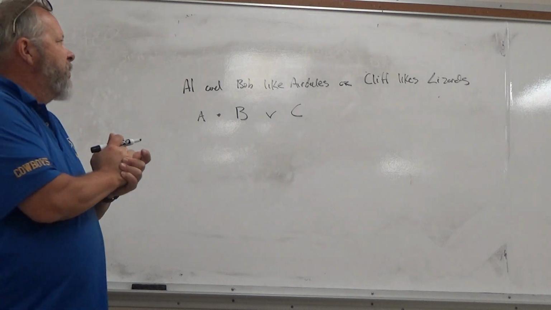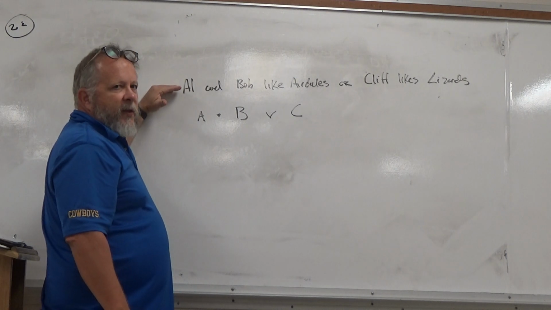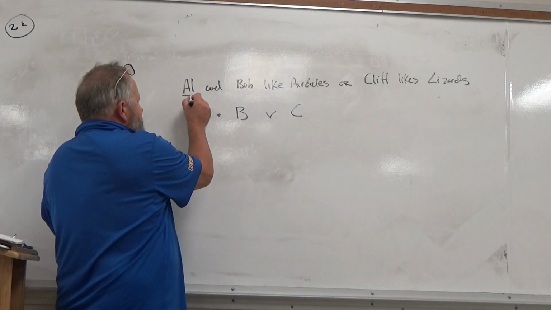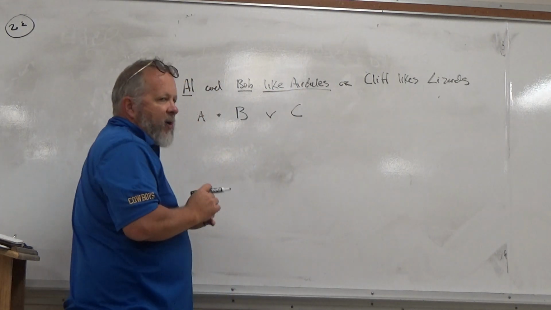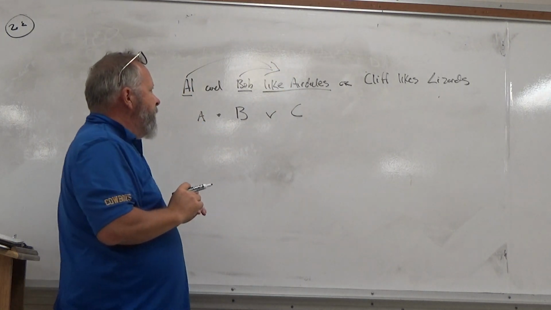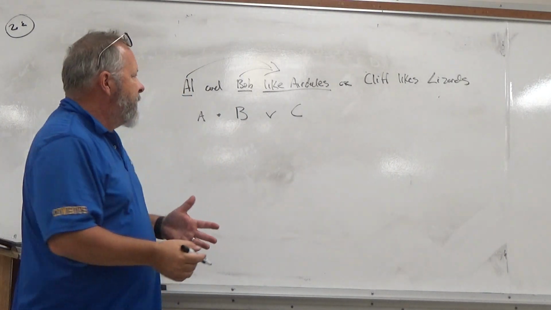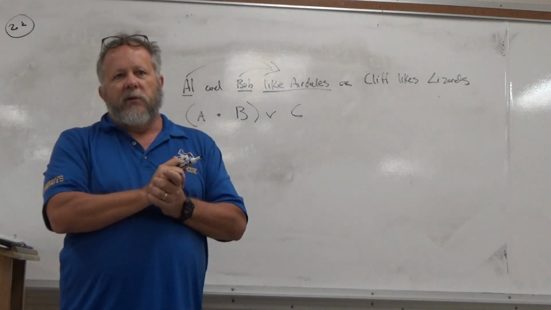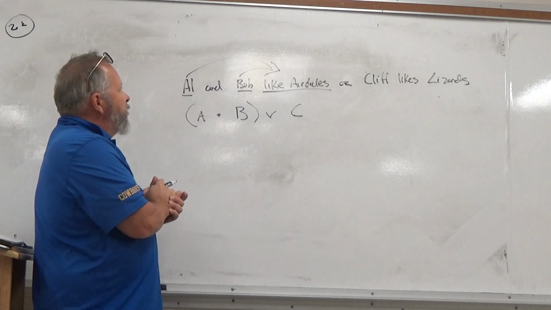Everybody understand that? So now I'm going to tell you something. So either this sentence is ambiguous or there's a way to know what the grouping is. And here's the key. Notice that Al is a subject and Bob is a subject, and like Airedales is a predicate, right? And Al and Bob share the same predicate, like Airedales. When two statements share the same predicate, they get grouped together. So that is the proper translation. Does everybody understand that? Because I'm going to group subjects that